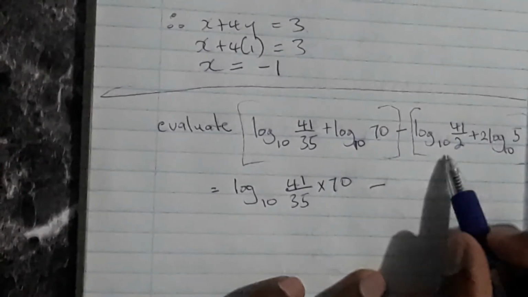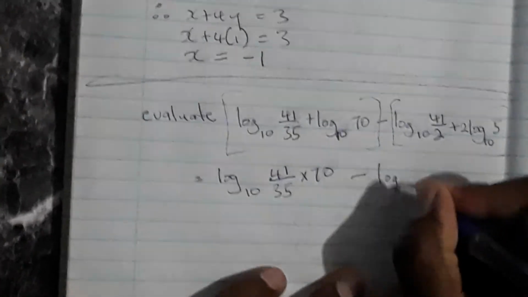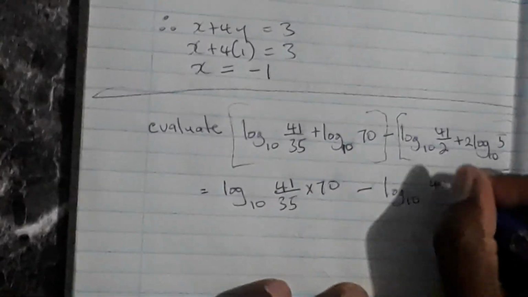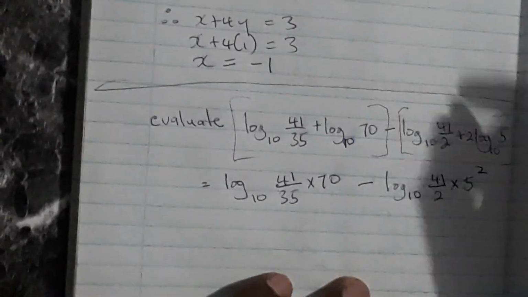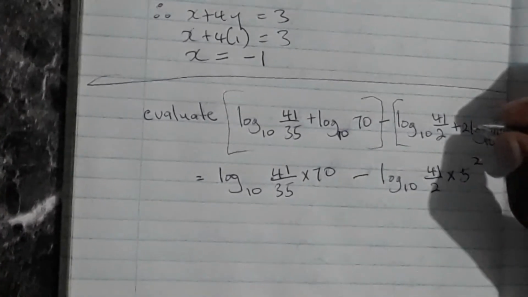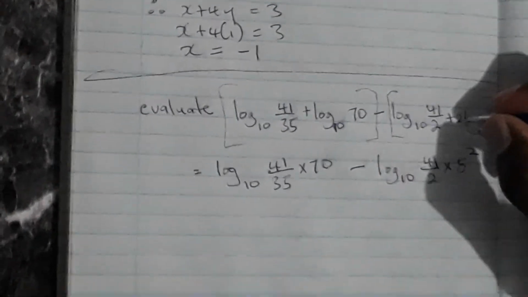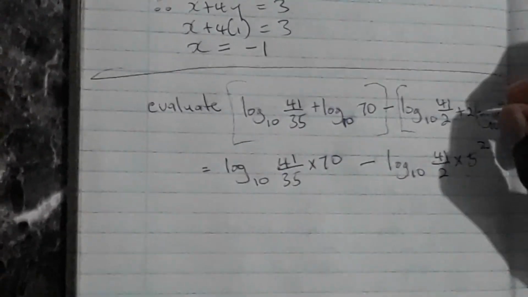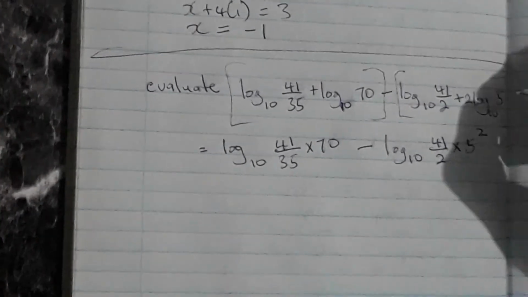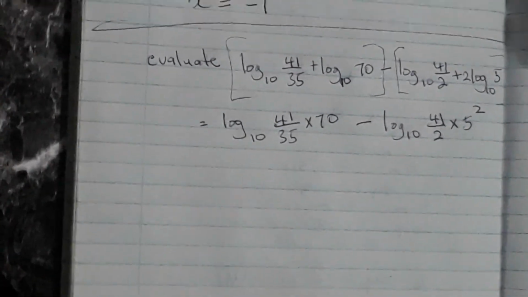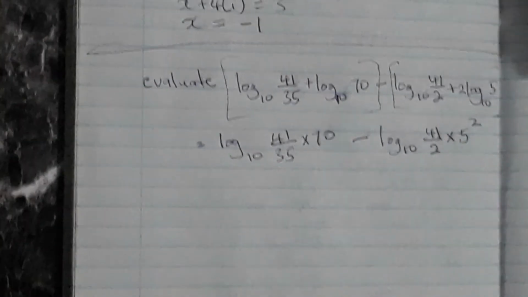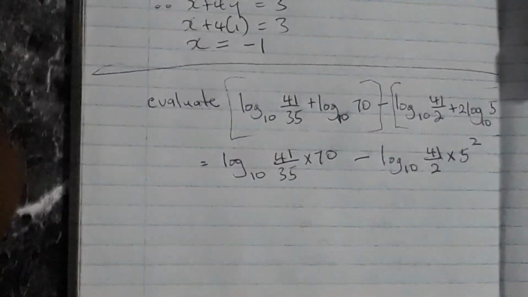So we can write this as log to the base 10 of 4 1/2 times 5 squared, because using the laws of log, if there is a constant before the log, we can bring it up into the power of the number being logged. So if we have 2 log to the base 10 of 3, we can rewrite that as log to the base 10 of 3 squared. So we can just bring up the